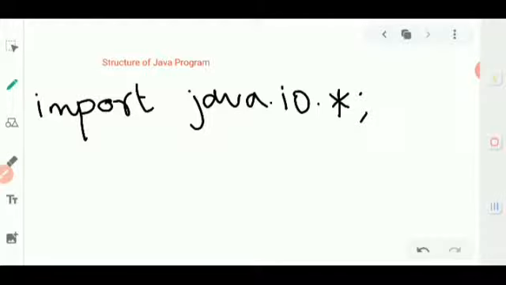Just like in a C program, stdio.h is called the standard input output library. Your scanf and printf will work only if you give stdio.h.